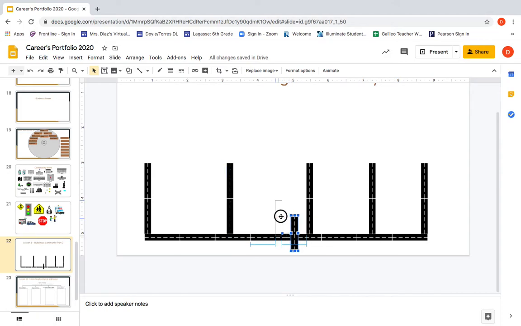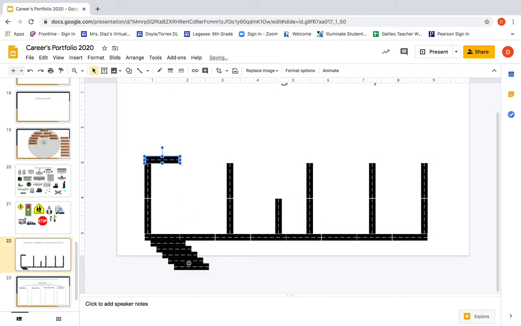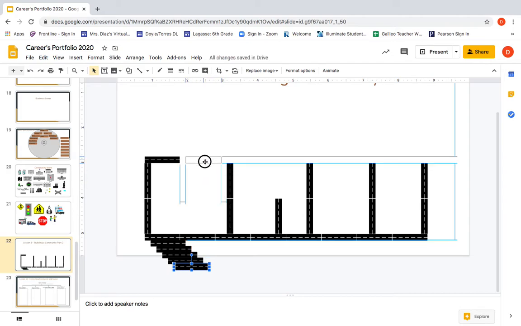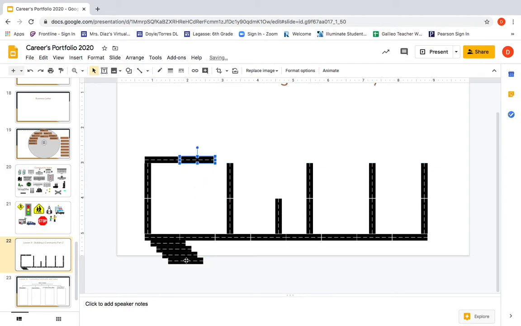I'm going to save this one for later, but for now I want some more streets that are going to go across this way. So I'm going to take this little street here that's going horizontal, and I'm going to copy it, and then I'm going to paste a bunch of those little horizontal ones, and then I'm going to paste them going this way, because you know how our streets go in and out and